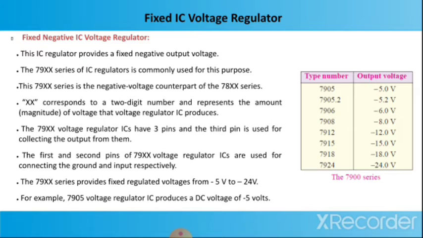Now we'll talk about the fixed negative IC voltage regulator. So this IC regulator provides a fixed negative output voltage. The 79XX series of IC regulators is commonly used for this purpose. So this 79XX series is the negative voltage counterpart of the 78XX series. Here XX corresponds to a two-digit number and represents the amount of voltage that